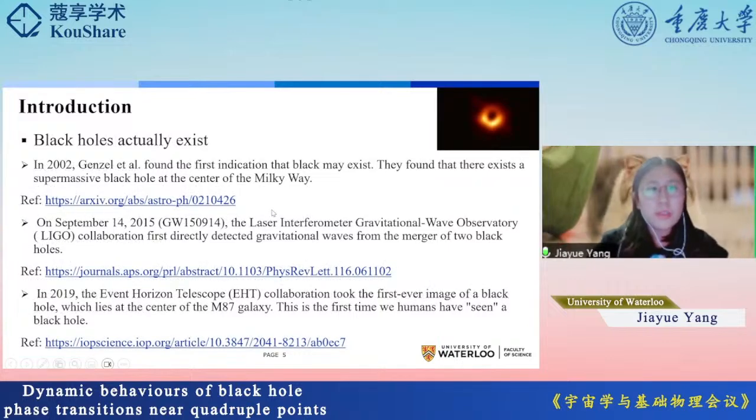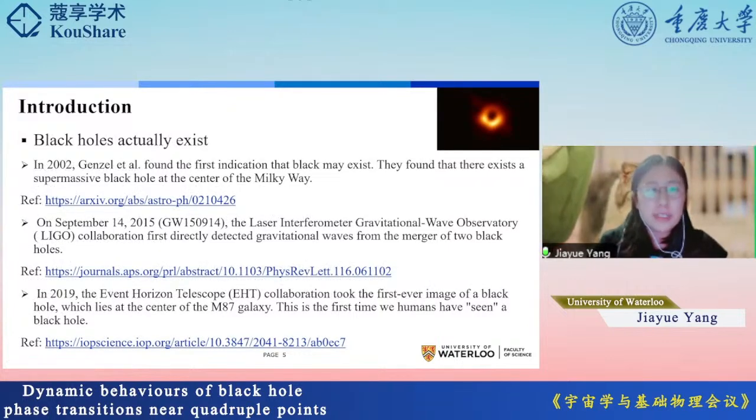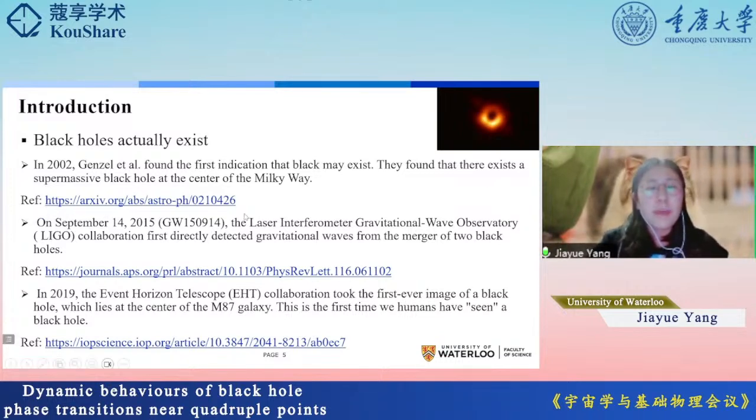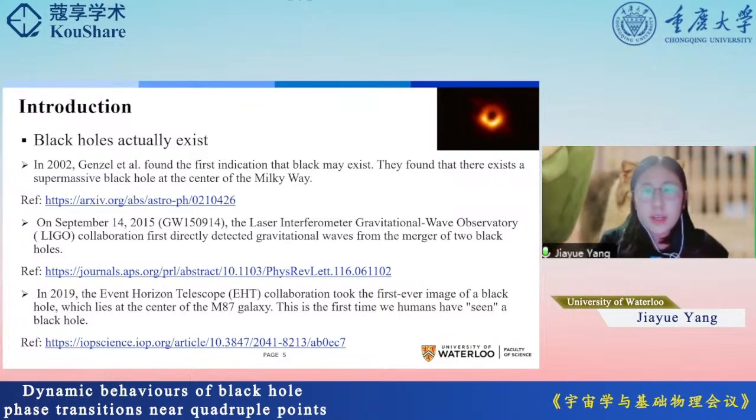And today, we know that black holes actually exist. In 2002, Genzel found the first indication that black holes may exist. They found there exists a supermassive black hole at the center of our Milky Way, and this is a reference. And in 2015, the LIGO collaboration first detected the gravitational waves of the merger of two black holes. And more recently, 4 years ago, the Event Horizon Telescope collaboration took the first ever image of a black hole,